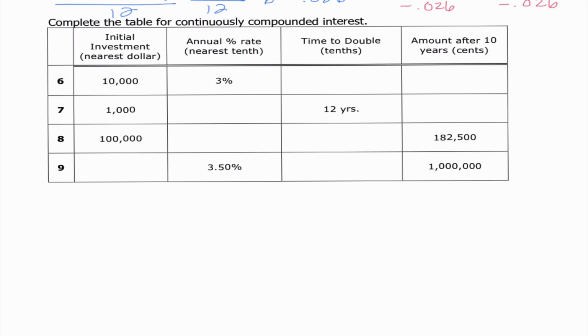But I just want to remind us that the first thing we should always find is our rate. In this case, we know the rate, which is awesome. So I'm going to go ahead and zoom in here, and you guys are going to have to rely on your handout to see the info. The first problem for number 6, it says the time it takes to double. So we could do this one of two ways. Okay, they tell us that our initial investment is $10,000 and that the rate is 3%, so